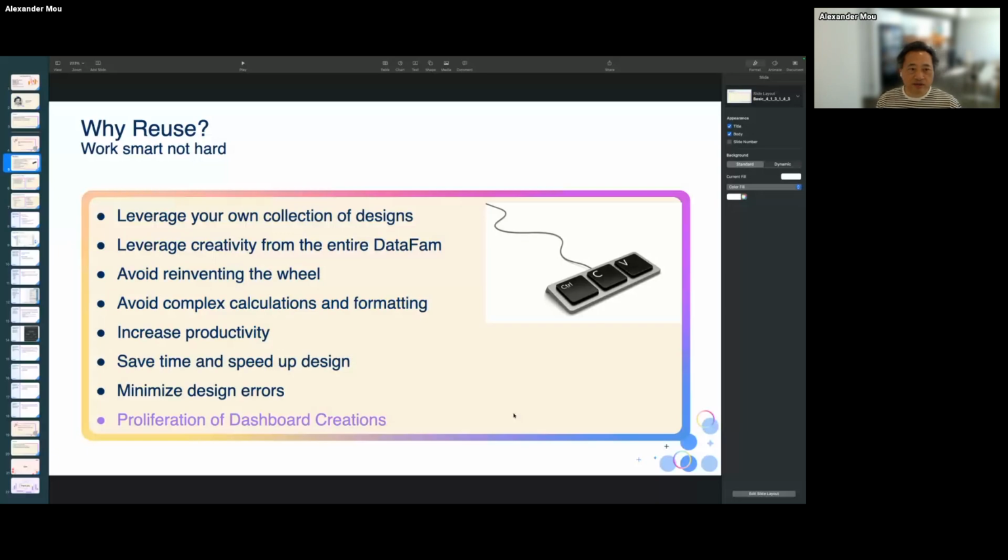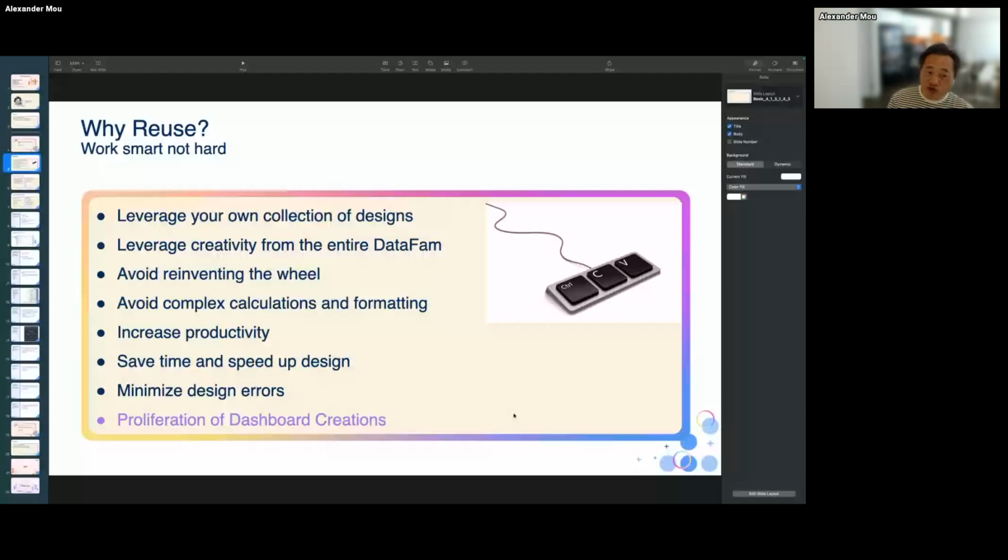So why reuse? Of course, design productivity. In more detail, it allows us to leverage our collections of designs that we already have, and of course it's all over the internet or in the data farm. So we can leverage the creativity from other data farm members.